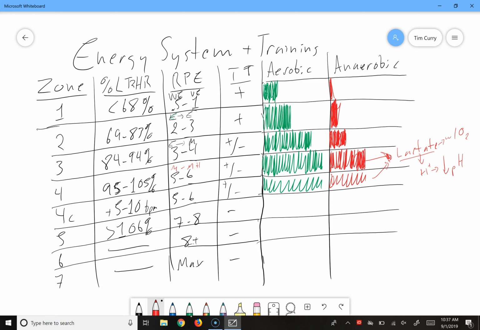Okay, zone 5. This is where we're getting into really high intensity work, and it's really the last zone where a heart rate might be helpful. This is doing what we would call like VO2 max work or maximal aerobic capacity drills. This is 106 or higher. So this is basically above our breaking point here. We're getting into the hard to very hard